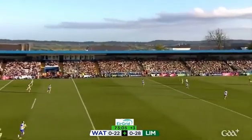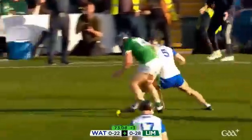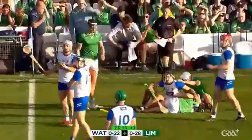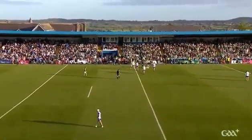Kyle Hayes lets the ball do the work. Down towards Reedy. Mark Fitzgerald still trying to carry the fight to Limerick. Hegarty. A lot of tired bodies, a lot of tired minds as the final whistle sounds. Well, John Kiley's green